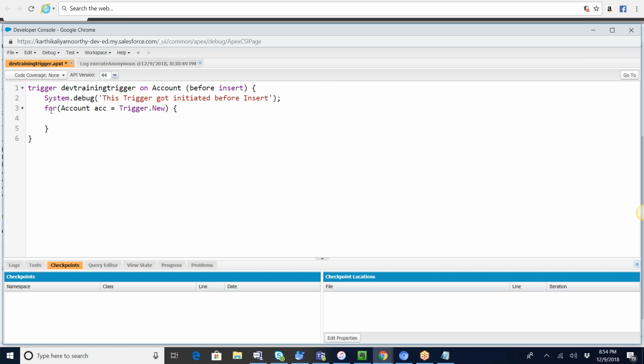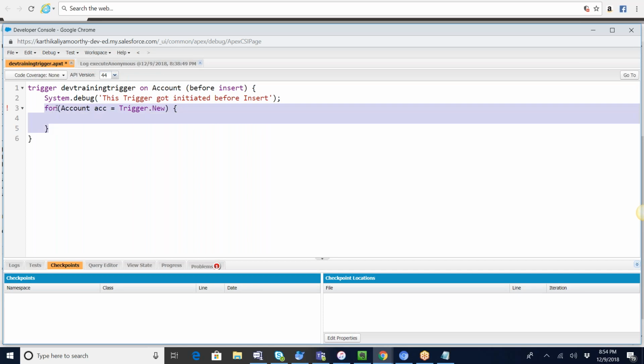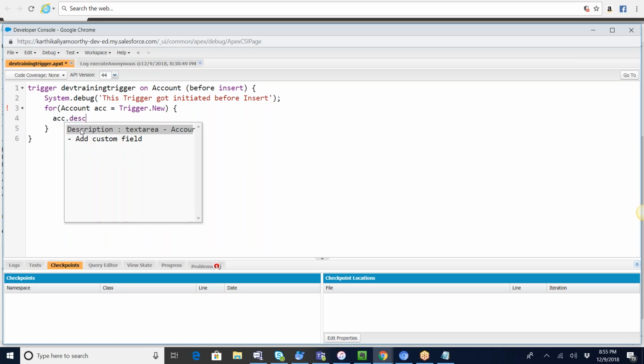When it comes to the for loop, we have already gone through these exercises in our previous session: how to iterate the data and how to fetch the data from the object or from the list. This is the list, and we iterate over it, putting each item in a single object, and we manipulate the fields from this object. Say, for example, I want to update the description: a.Description, the description of this record, equal to